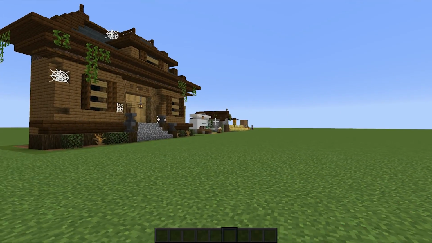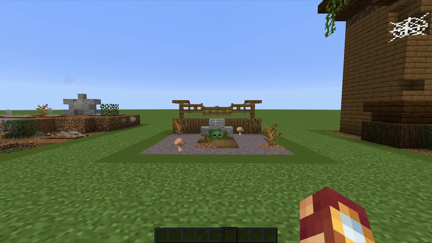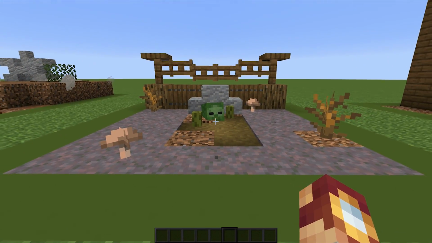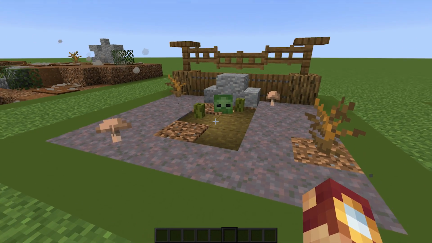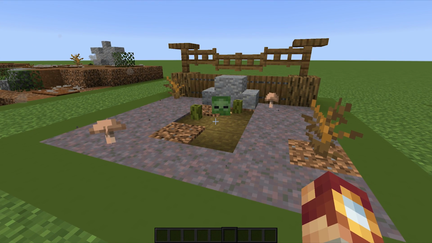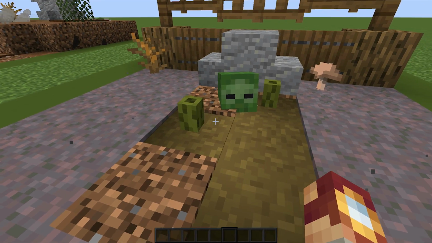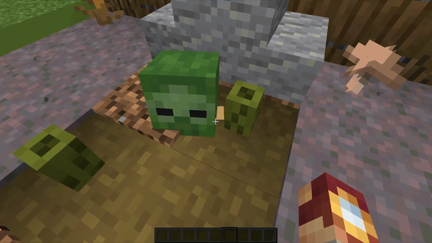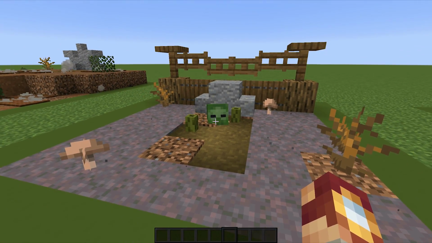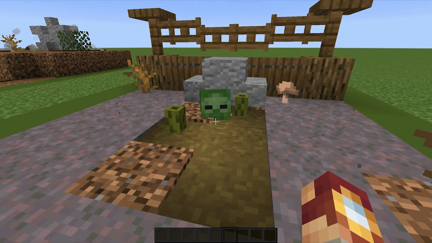Man, there's some really cool stuff down there, but we'll get to that here in just a moment. On the topic of grave plots, this is an absolutely adorable design that I absolutely love. It's probably my favorite in the video, and that is of course using sea pickles as zombie arms in collaboration with a zombie head on an armor stand. You can see the armor stand there. It just looks amazing. It looks like there's a zombie coming up out of the ground, which I think is